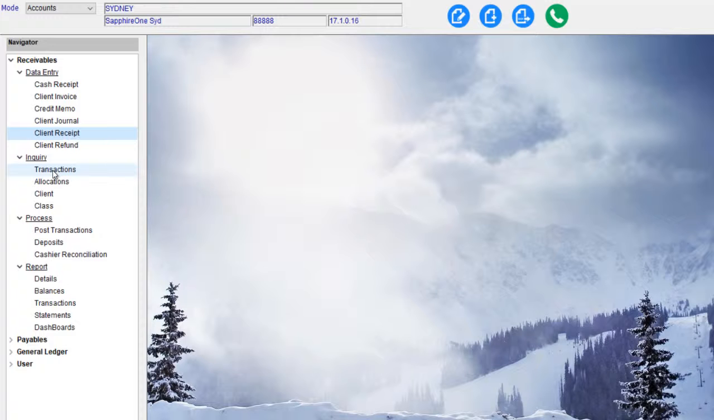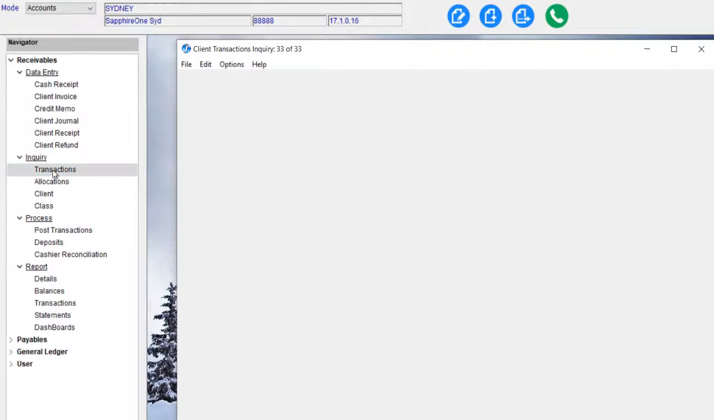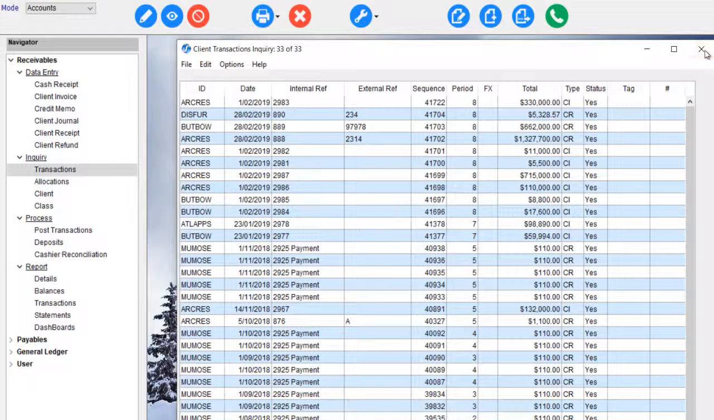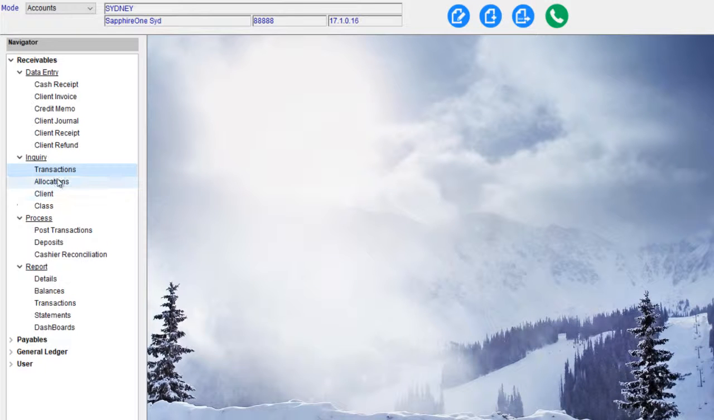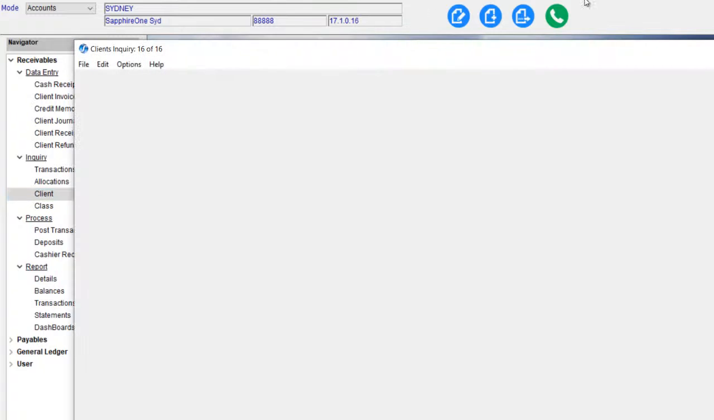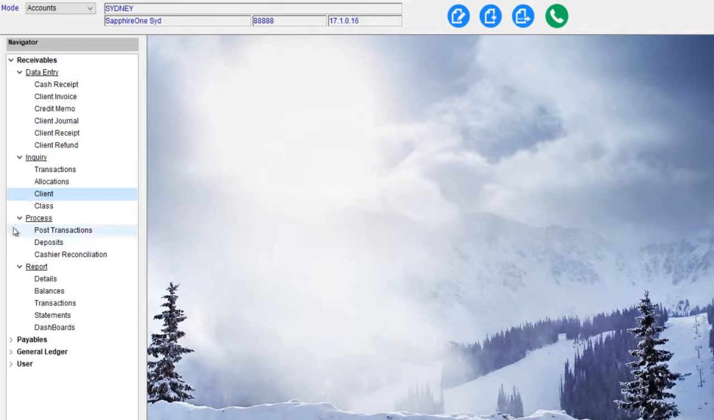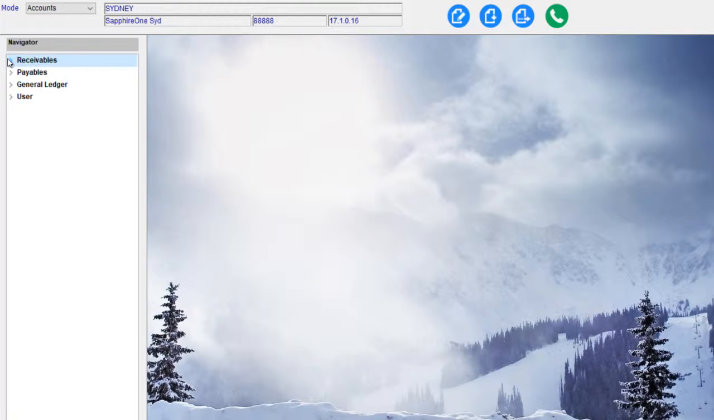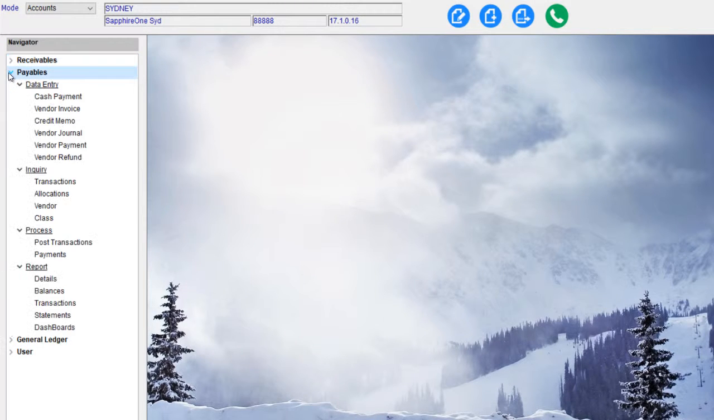Same as if we go now to a transaction inquiry, we're presented with all the transactions that are applicable to the current receivables. We have allocations, client inquiry, so we can drop in here and look at all the clients. And then we've got a client class inquiry. We have our post-transactions, deposits and cashier reconciliation. Under receivables, we also have our reports, details, balances, transaction statements and dashboards. We can close that simply by clicking on the down arrow beside receivables, and we can now go to